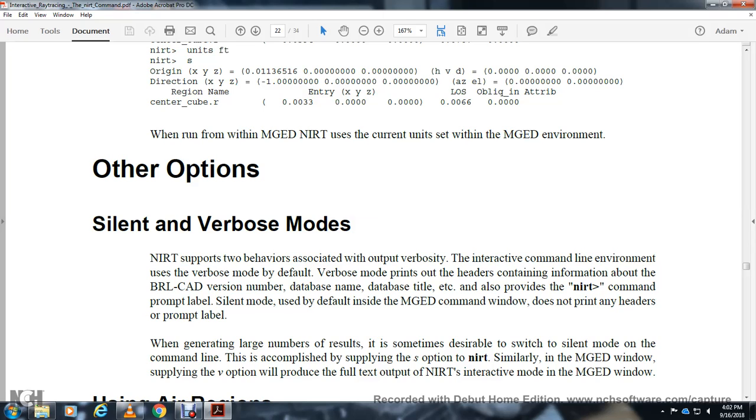Natalie's interactive ray tracing supports two behaviors associated with output verbosity. The interactive command with the command line environment leaves verbose mode as the default. Verbose mode prints out the header containing information about the BRL-CAD version number, the database name, and the database title. It also provides